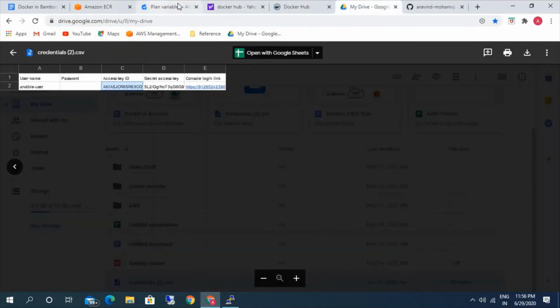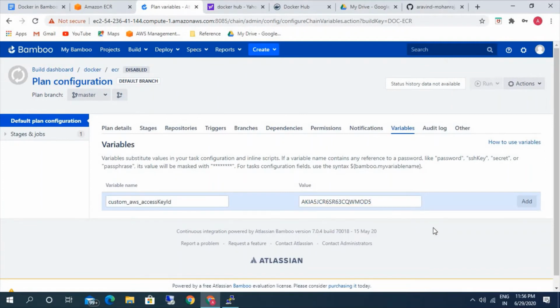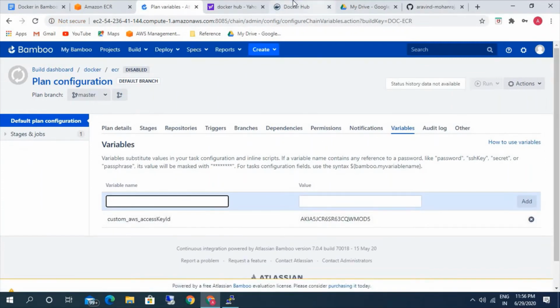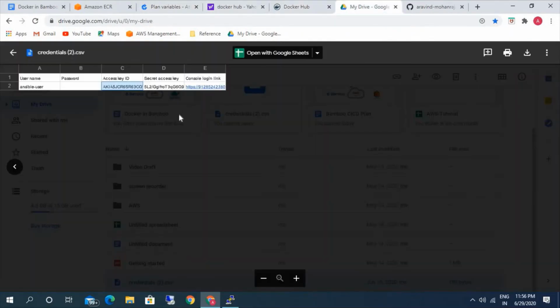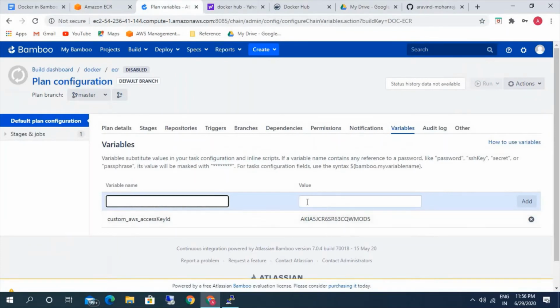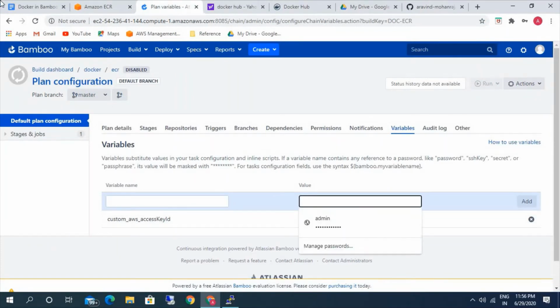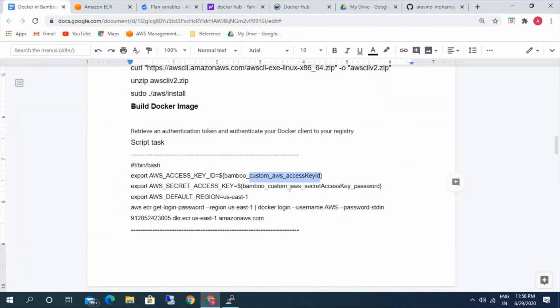When you create the user with programmatic access, you will get this credential in AWS. I'm just using one which I've already created. Here I'm going to use the custom AWS secret key password.